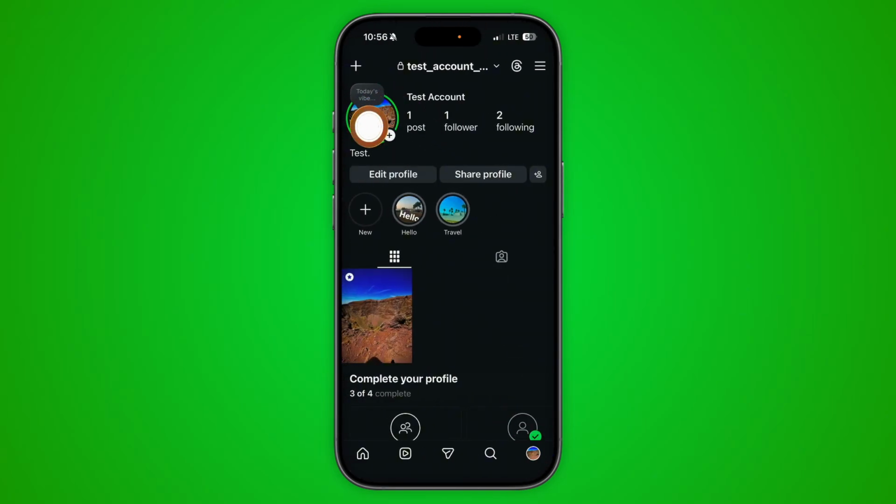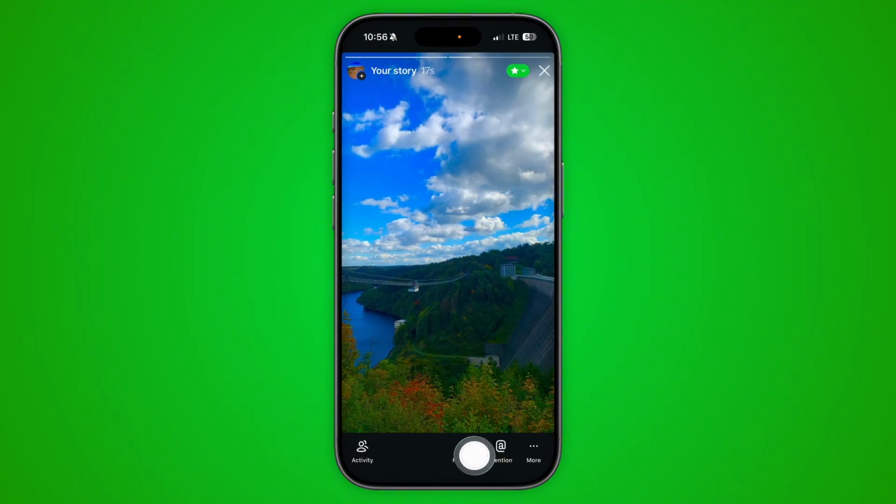And now, as you can see, there's this green circle around our story, which means only close friends will see it. In this case, only the celebrity will be able to see the story, but most likely they wouldn't see it. What we need to do next is we click on the story, click on highlight right